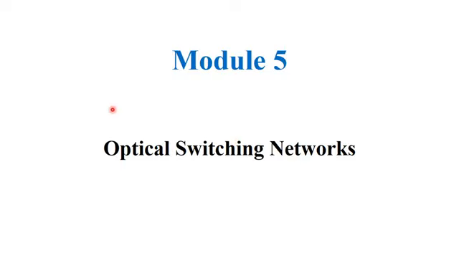In this lecture, we are going to discuss optical switching networks. An optical switch is a dynamic element in an optical network that can switch the data between different ports of a network. An optical switch also performs various digital logic operations by allowing the signals to switch from one state to another state. There is also a terminology called router. A router just routes the data packet towards the destination, but a router will never provide a switching connectivity.